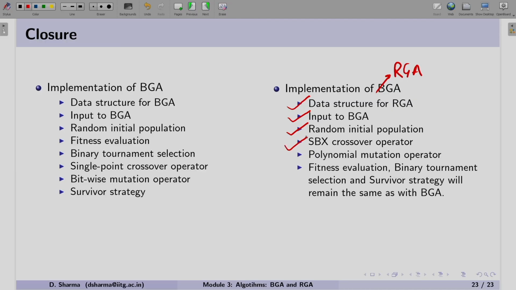In case of the crossover operator, we perform the SBX, and the implementation was shown for the bounded SBX, where the SBX operator should generate a new offspring solution within the bound. However, on the safer side, we included a way to handle it if it is going out of the bound.